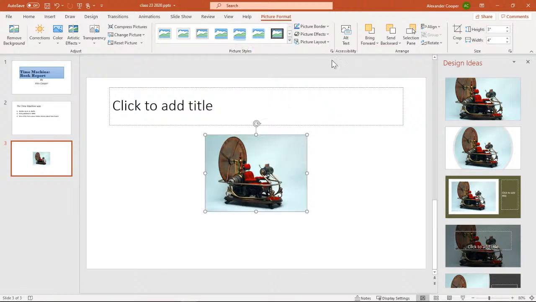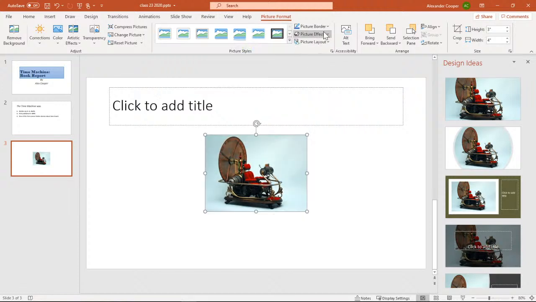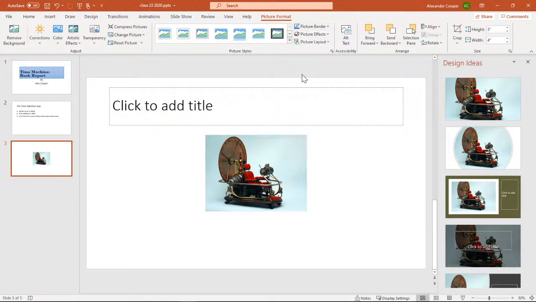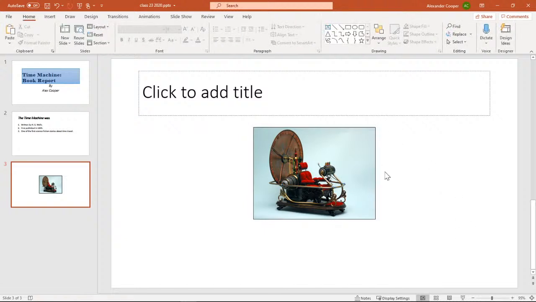Now the other thing is, any of those settings, these are all pre-made ones, okay? But you can actually go up here to where it says picture border, picture effects, and picture layout, and then you can pick all of these, okay? I will tell you this, sometimes what I'll do with my picture, and you see it would disappear, is I'll go up here to picture border, click black, just so that it has a little bit of a border, okay?